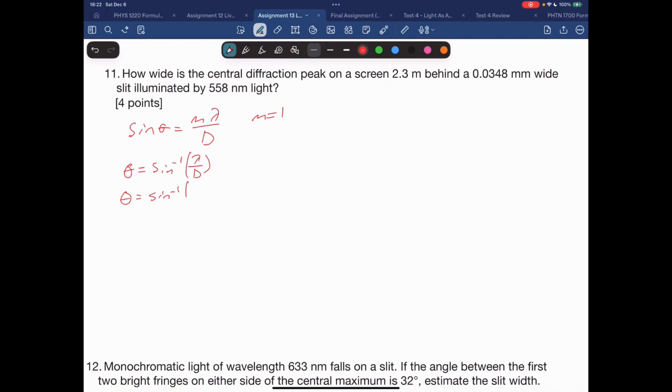Plugging in some numbers, we get 558 times 10 to the negative 9 over 0.0348 times 10 to the negative 3. That gives us a theta of